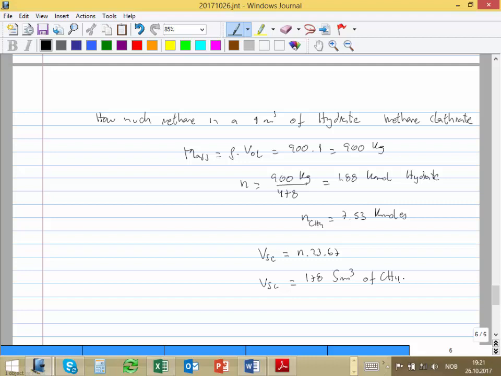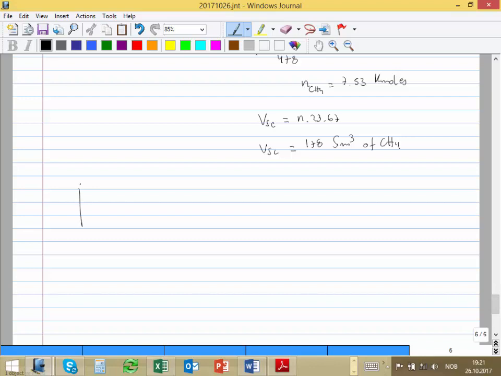So what will be the pressure? Imagine that I have methane, not as hydrate, but just as gas. What pressure would I need to have the same 178 standard cubic meters if I put it in a tank of 1 cubic meter? The pressure will be the same number of moles, 7.53 times R times T at standard conditions, because I'm storing it in a tank on the surface, and that gives you